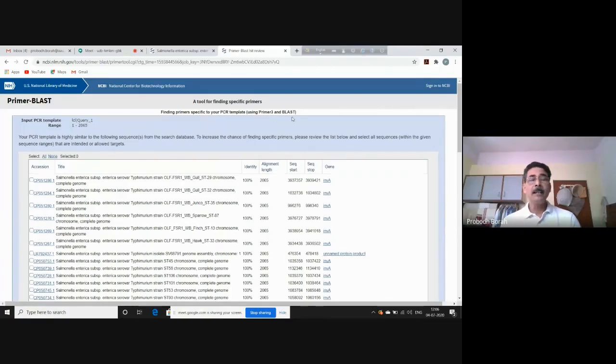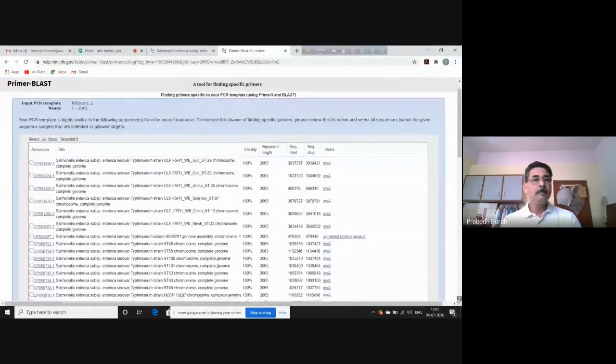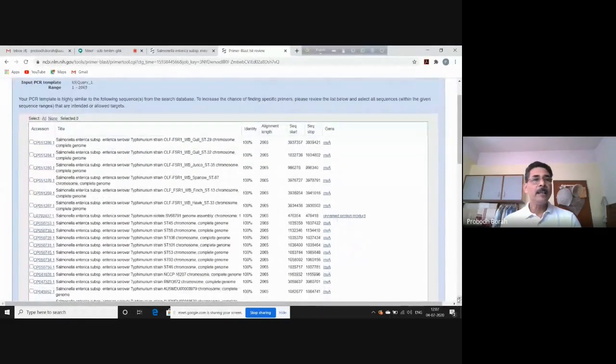Here, finding primers specific to your PCR template using Primer3 and BLAST. It has given one window here where it is asking for your intervention. You see, it is written here, your PCR template is highly similar to the following sequences from the search database. To increase the chance of finding specific primers, please view the list below and select all sequences within the given sequence ranges that are intended or allowed targets.